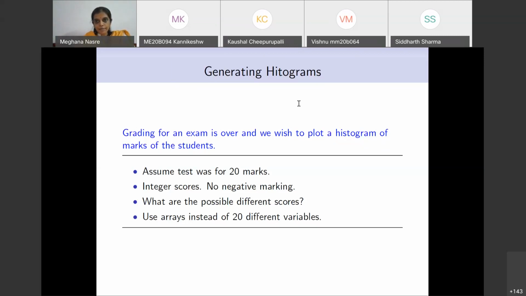So one of you has said that we need an array of size 184 to store the marks, and an array of size 20 to store the number of students who have achieved a particular set of marks. The question I want to ask is, do we need to store the 184 marks?